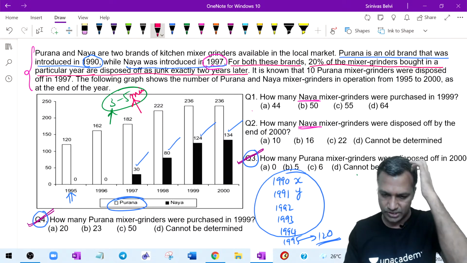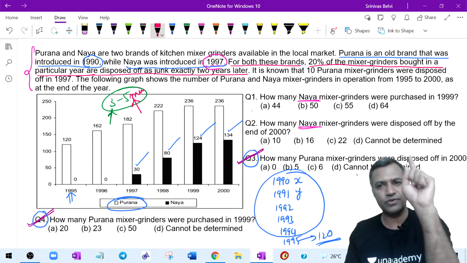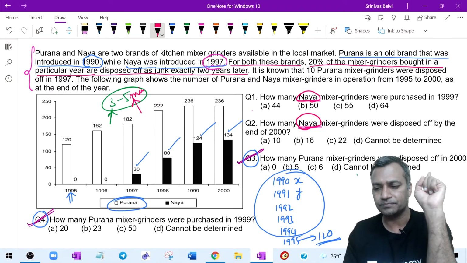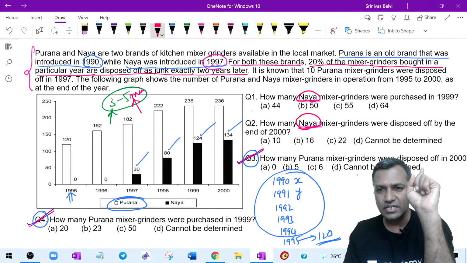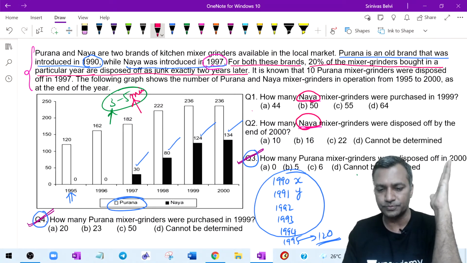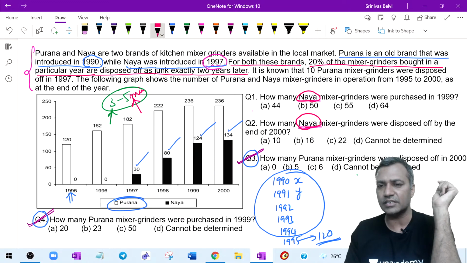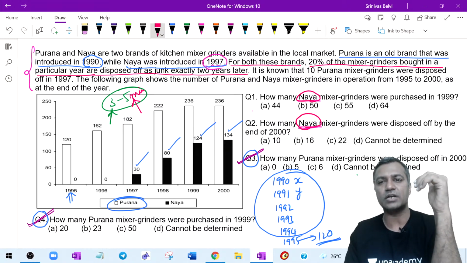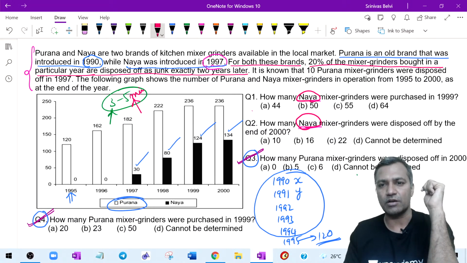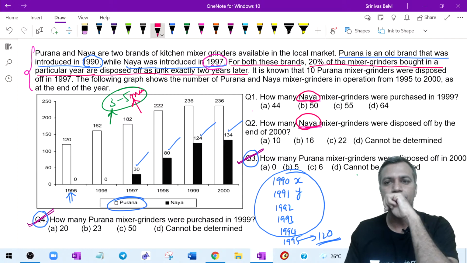Fair enough. Having understood this, let's come to this. First point. Is this clear why I am attacking Naya first? Everybody, is this clear? Because the data is complete for Naya, therefore I will focus on Naya first. Is this clear to you? Everyone, is this clear why I am attacking Naya and why I'm not interested in Purana to start with? Give a quick confirmation. Put it in the chat as much as possible.